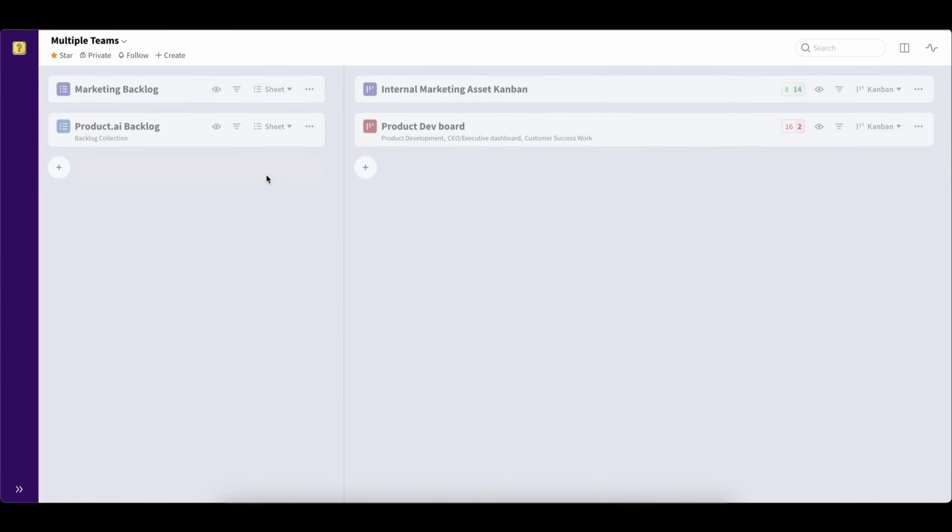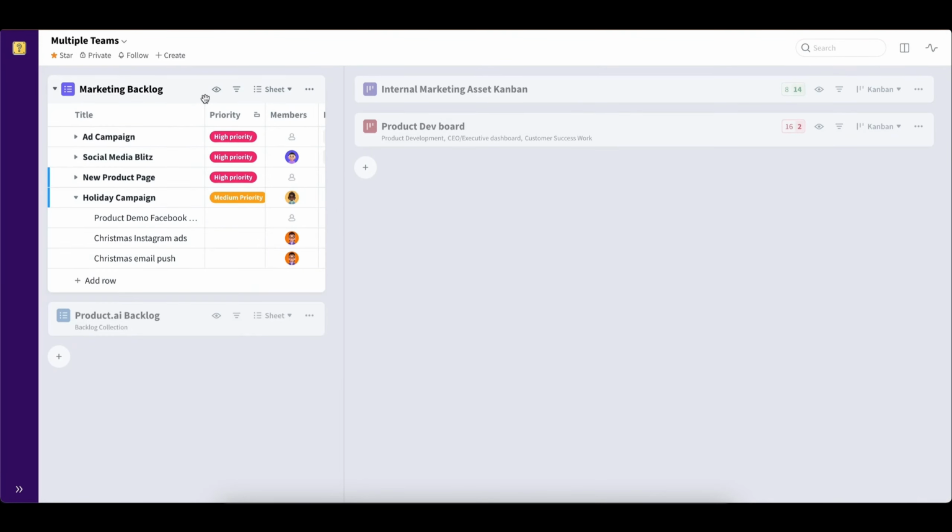Another common mistake that we see people do in Favro is how tasks are being shared between different teams and team members. Now here we have a couple of team backlogs and their work boards. In a situation where we would need to assign multiple team members or teams to work on a task,